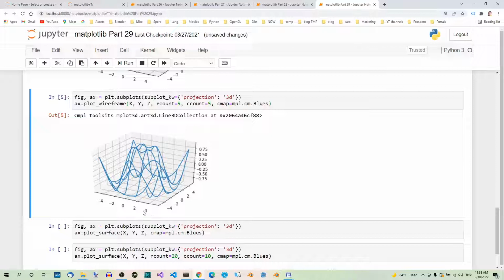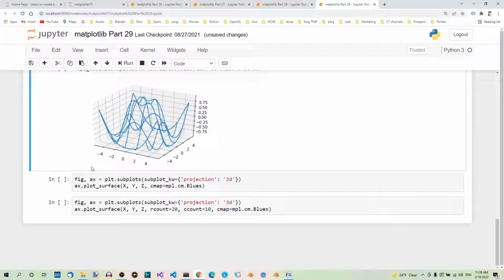And now let's have a look at surface plots. They are just like the wireframe plots with the difference that the faces are filled polygons. So let's modify our example again. Now using the plot surface method,